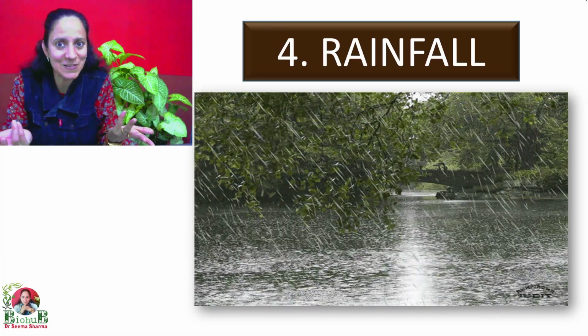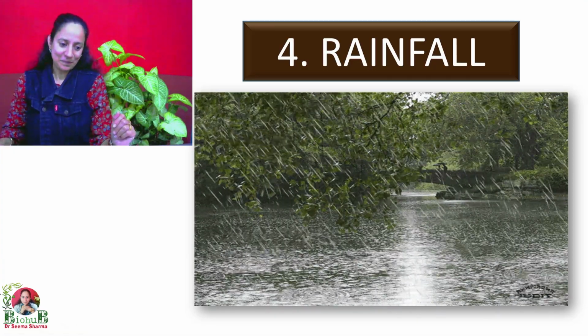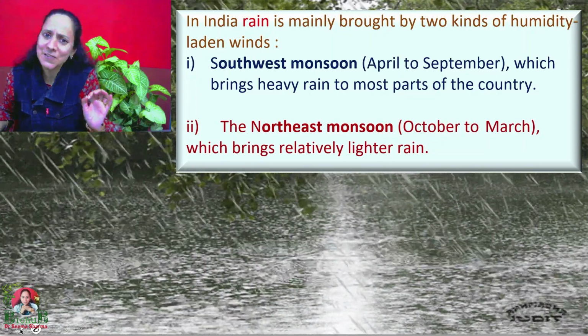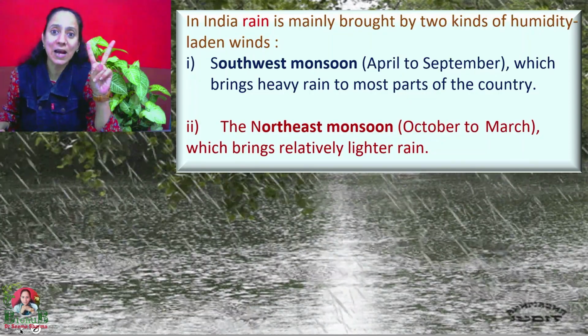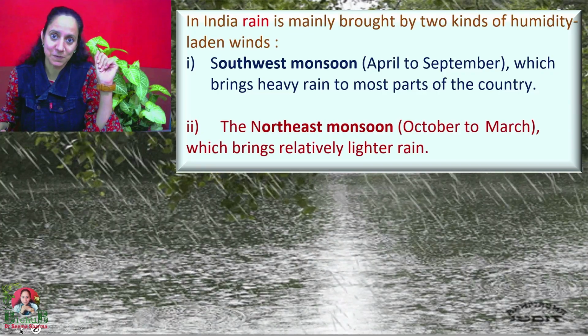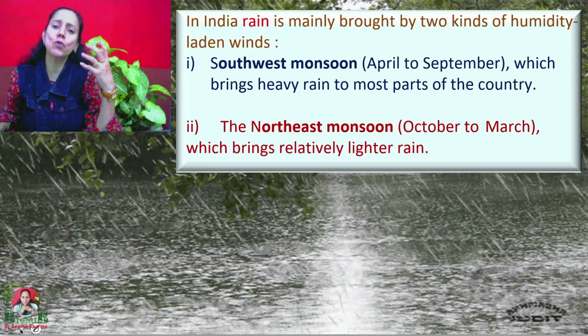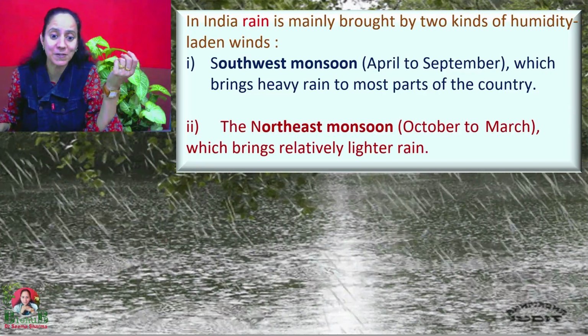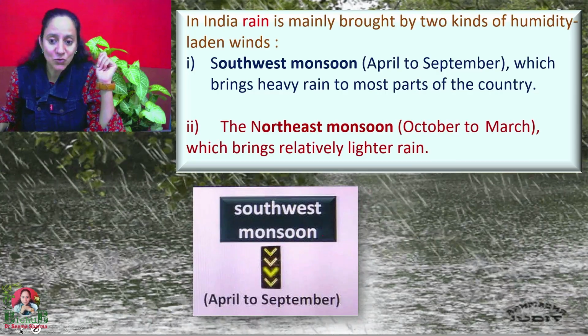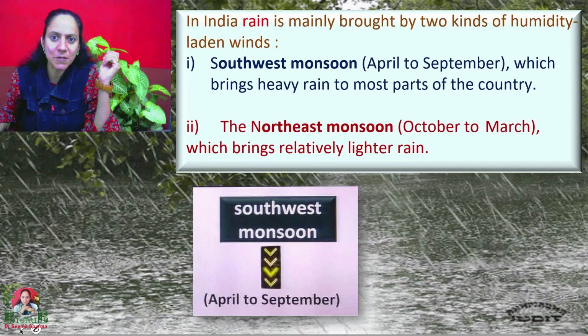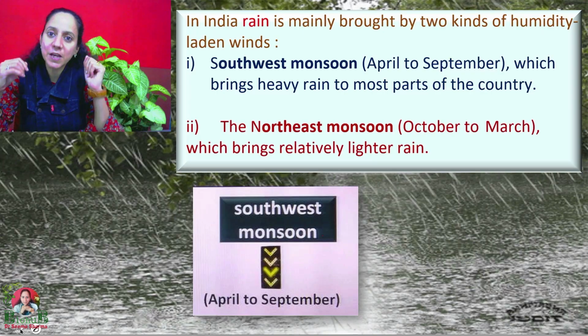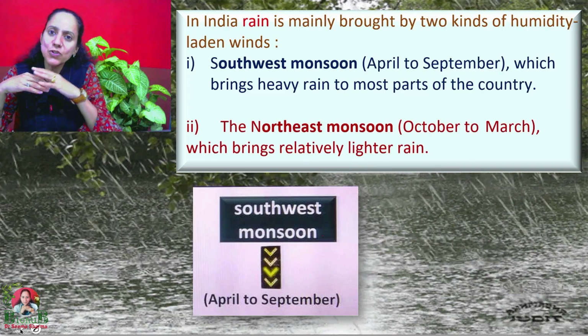So students, in India, rain is mainly brought about by two kinds of humidity-laden winds. Humidity-laden winds which are full of moisture or water vapors. First one is the southwest monsoon, which is from April to September, and it brings heavy rainfall in almost all parts